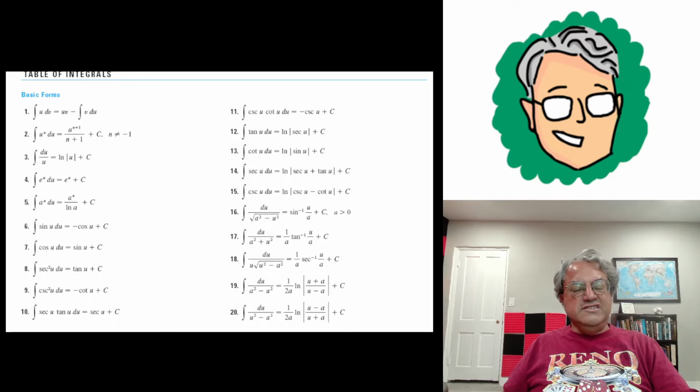And then we'll have this nice table, and then we'll be able to do pretty much any kind of integral we want. But anyway, that